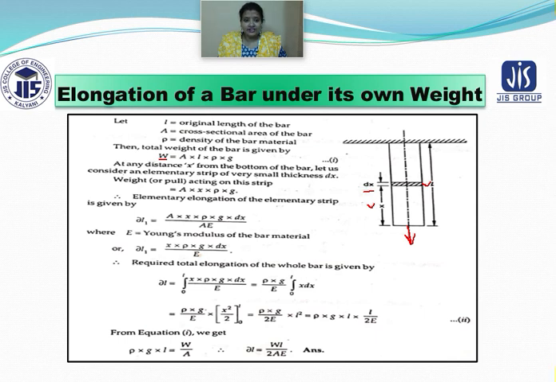For the entire bar, all we have to do is integrate the above equation with respect to 0 to length L. Initially, we need to calculate the elongation of the elementary strip, denoted by del L1, and again the formula is P into L by A into E. Again I am writing the formula. What is the change in length? That is P into L